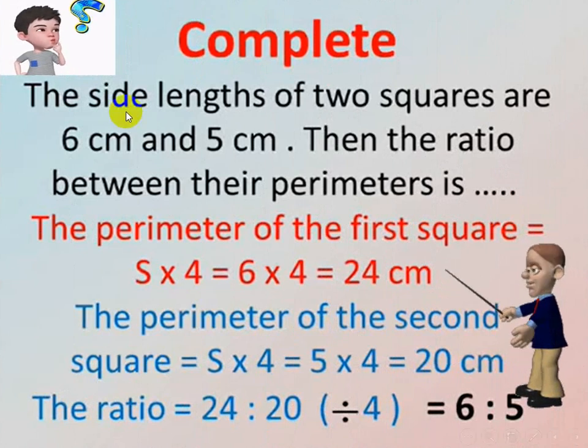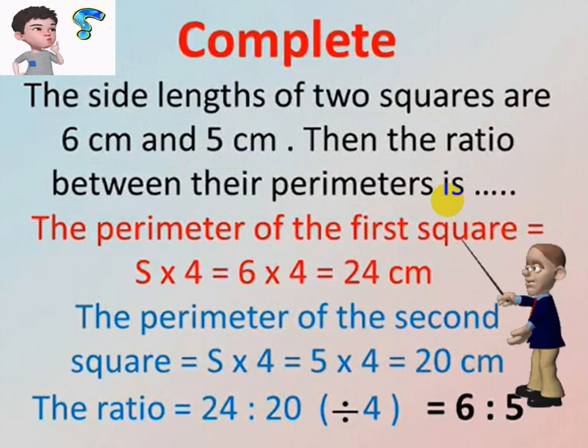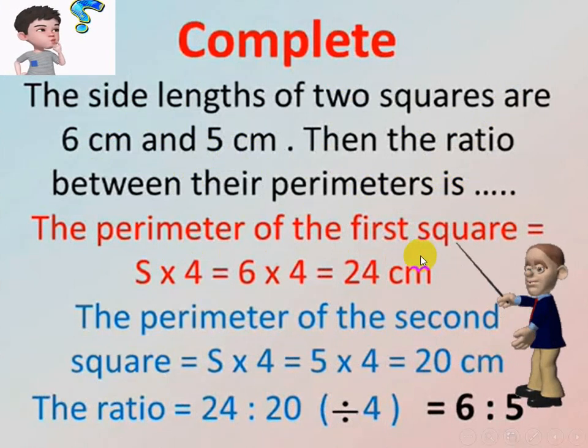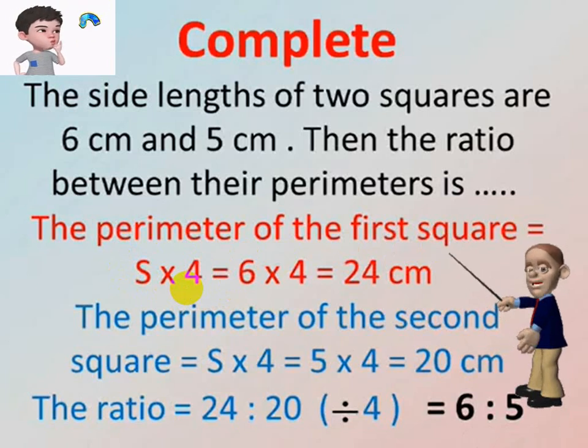Complete. The side lengths of two squares are 6 centimeters and 5 centimeters. Then the ratio between their perimeters is blank. The perimeter of the first square, my dear students, is side length times 4. Perimeter of a square equals side length times 4. Substitute: 6 times 4 equals 24